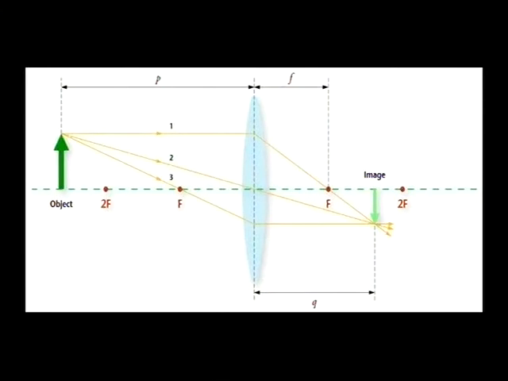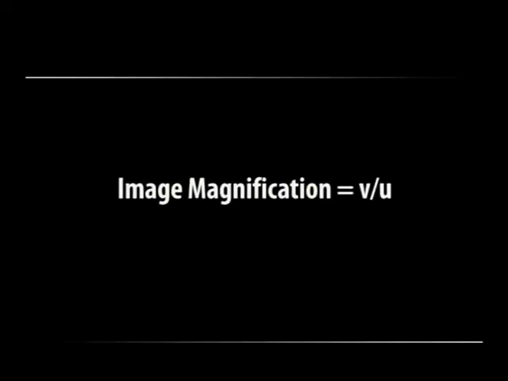Let us see another aspect which is very important, and it is known as image magnification. It is the ratio of the size of the image in relation to the object. Let us say the distance between the lens and the object is U, and the distance between the lens and the image formed is V. Then we have the magnification, which is V upon U. Now, if V is longer and U is smaller, we will get a magnification of a higher size. On the other hand, if the U is larger and the V is shorter, then we will get an image